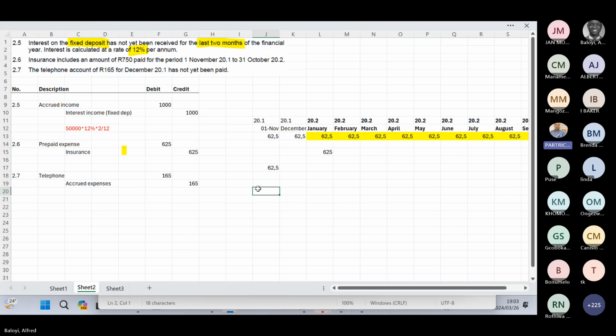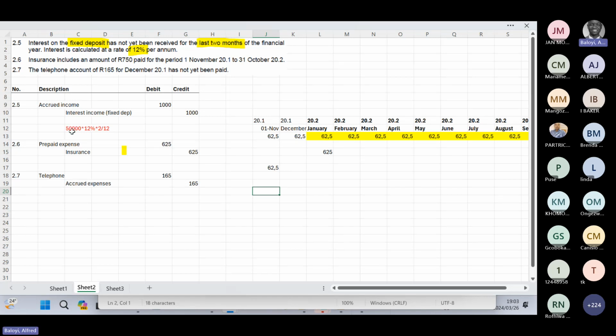Now, I don't know if I use a different format to do that. I know it will equate to the same amount, but I don't know if using a different way of calculation will make you lose marks, or as long as the answer is correct, then it's okay. No, as long as you can show how you got to your amount, it's fine. This is the most standard one, which is understood by a lot of people.